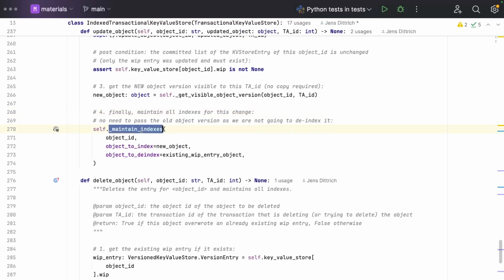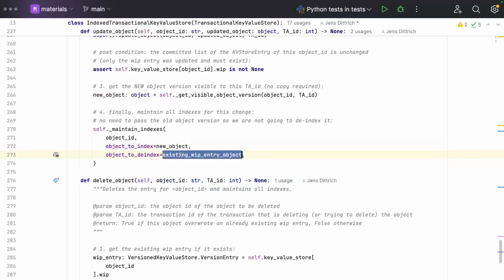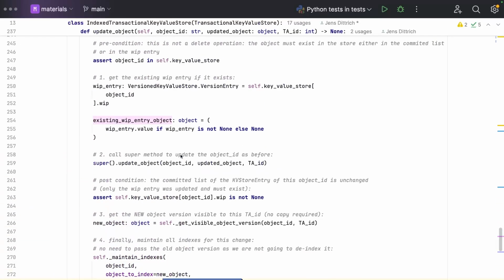This maintain indexes method, we enter there a bit more next Wednesday, but basically it gets the object ID, an object to index, and an object to de-index. So if you specify none in any of these parameters, there is nothing to index or nothing to de-index, which also means here, and that's a trick,